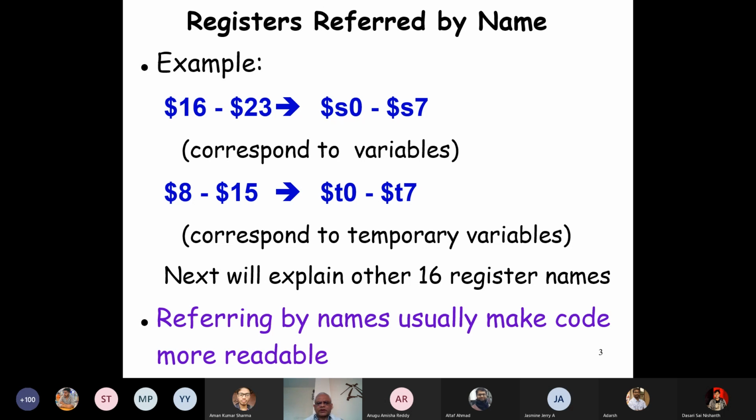We have to guarantee to the calling routine that we have not changed it. While writing the subroutine, we'll take care that the saved registers are not changed. That's the responsibility of the subroutine writer. Whereas for temporary registers, we are free. We need not restore them back. So it will become clear when we write subroutines.